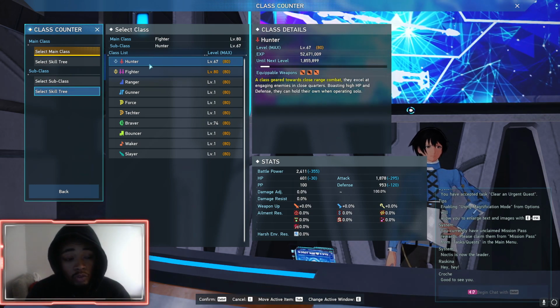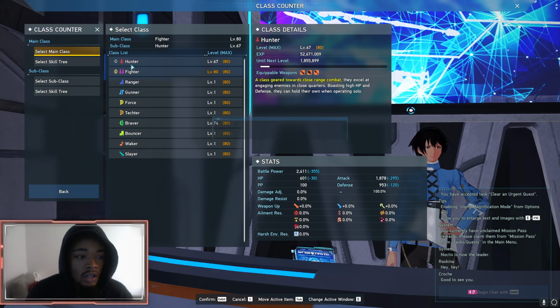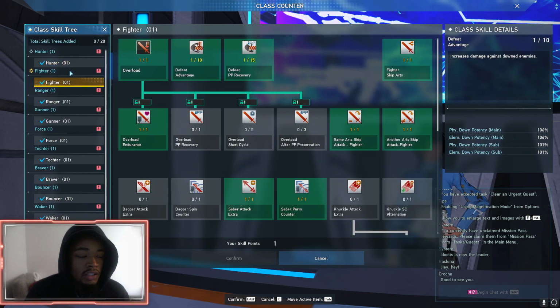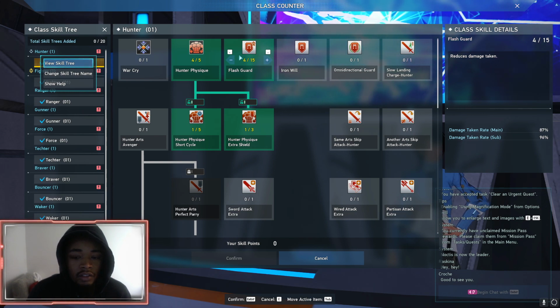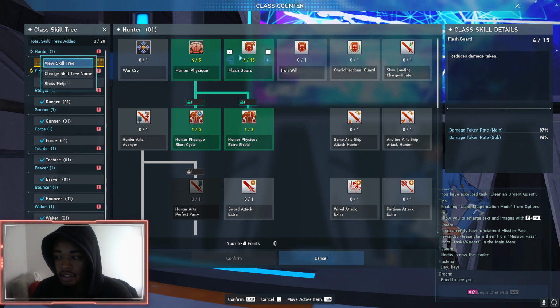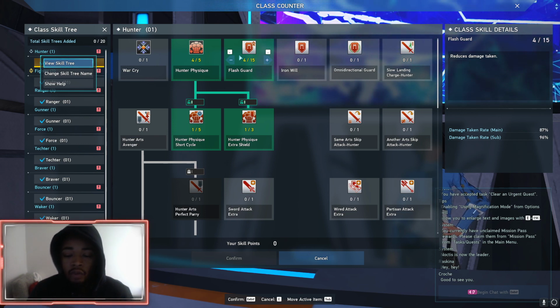Now your class choice is up to you. However, like I said, I'm just encouraging you to look through the class trees, which I can show you here. Each class tree, like for example here on hunter, I can use this active skill, and then this skill next to the active skill, you see how it says damage taken main, damage taken sub? So this buff, or this DR, damage reduction, it works differently from my main class as it does my sub. So that is why,